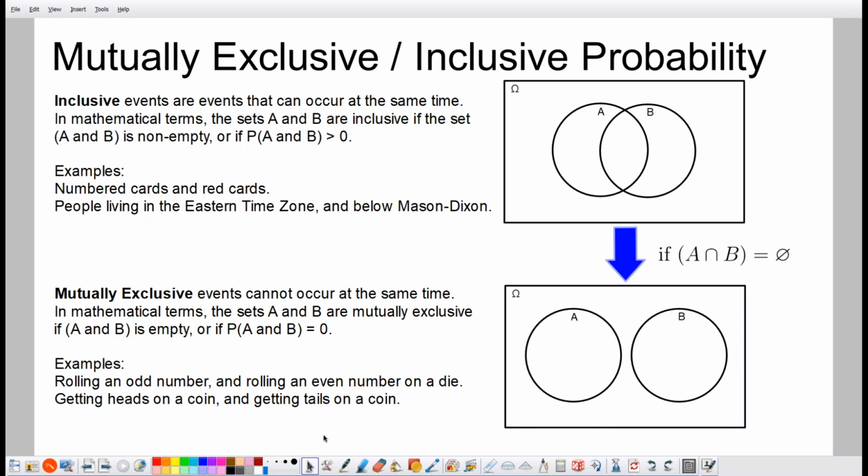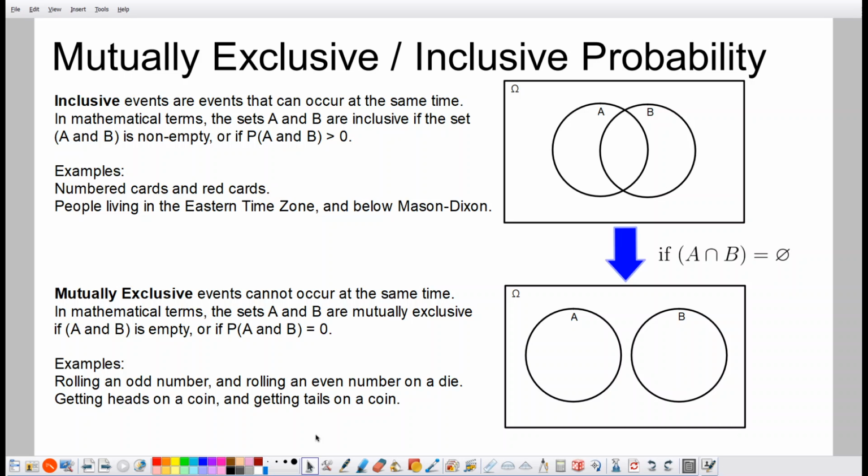Hey guys, today we're going to be talking about mutually exclusive or inclusive probabilities. So, what do I mean by inclusive or mutually exclusive? Real quick nuts and bolts, it's basically whether or not two events can happen at the same time. Okay, so if two events could happen at the same time, for instance, if you pick a card out of